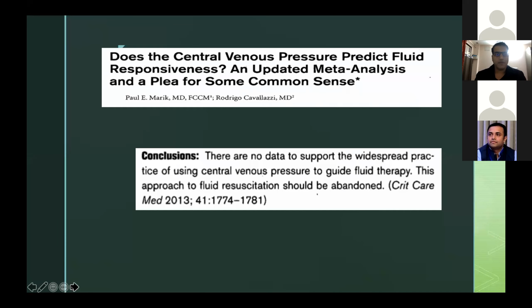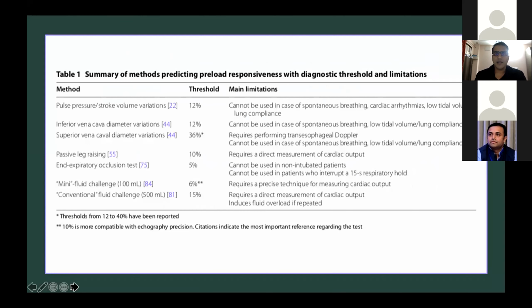Now, coming to this study by Paul Marik, does the central venous pressure predict fluid responsiveness? According to this study, there was no data to support the widespread practice of using CVP to guide fluid therapy. Coming to other dynamic tests that we commonly do, what are the major limitations? If we see the limitations, pulse pressure variation and stroke volume variation cannot be used in a spontaneously